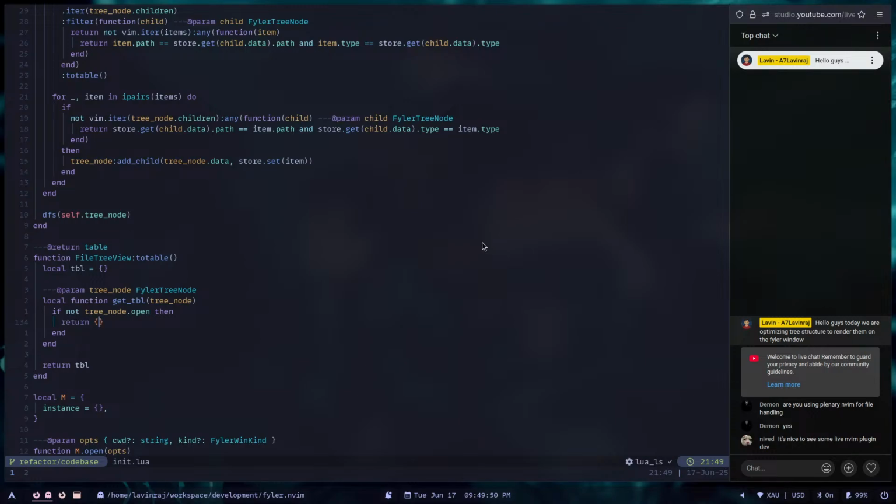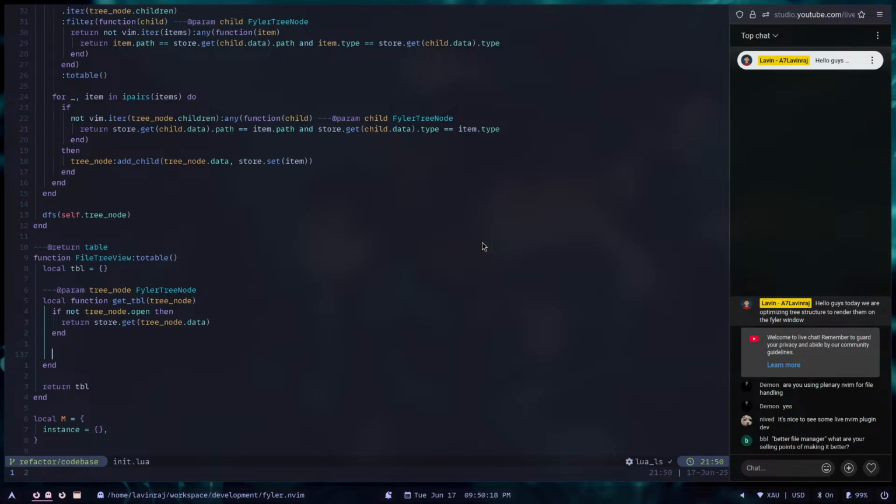We will return the store dot meta items, I guess. So store dot get tree node dot data. I think this will return the things that we need, and then we can follow this approach recursively to build up our whole table. So if the directory is open, then we have to go through every